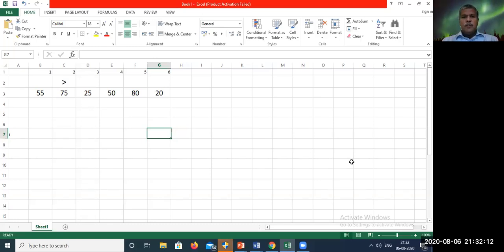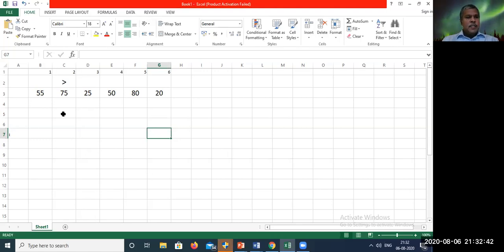In this video, we are going to see the ripple sorting. There are so many sortings available: ripple sorting, insertion sorting, bubble sorting, cell sorting. In this video, we are going to see first the algorithm of ripple sorting, how that works. Then we will see the working of ripple sorting by writing a program in Visual Basic.